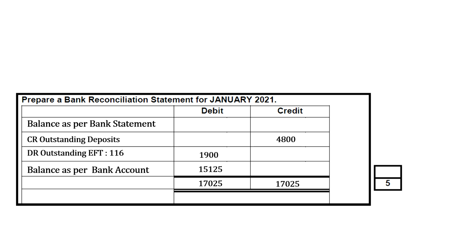Now that you've gotten your bigger side, you're going to subtract your smaller side, which in our case is the credit side. So 17,025 minus 4,800 is going to give you 1,225. And notice it's on the credit side. This is basically us closing it off. Where the smaller side is, that's where the balance carried down will go. So it'll go on the credit side. If the credit side was bigger, this 1,225 would go on the debit side. But in our case, since the credit side is smaller, it had to go on the credit side. So you've successfully completed your bank reconciliation statement.